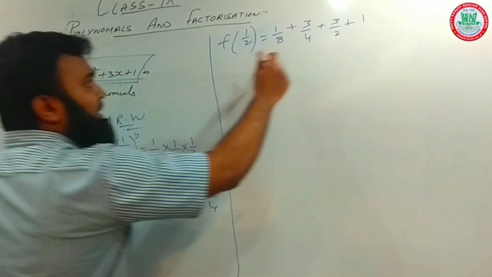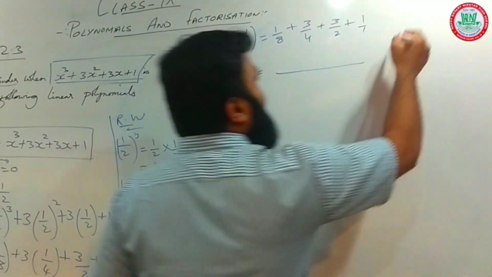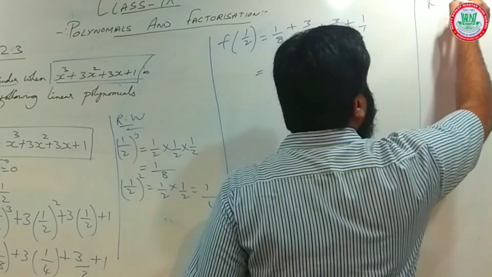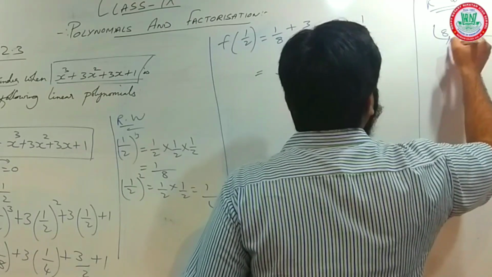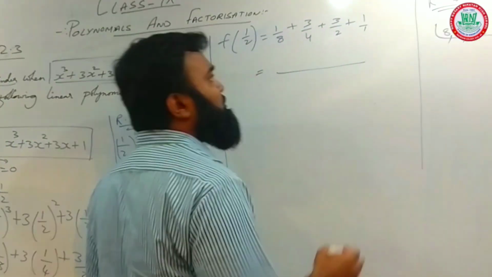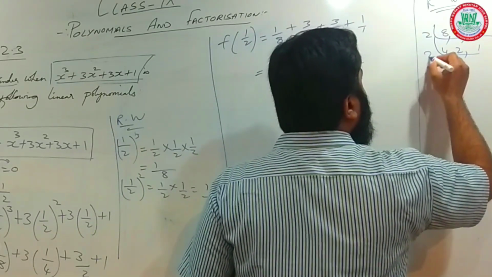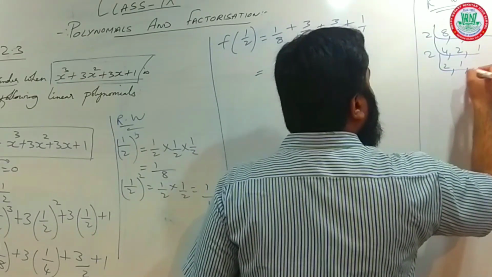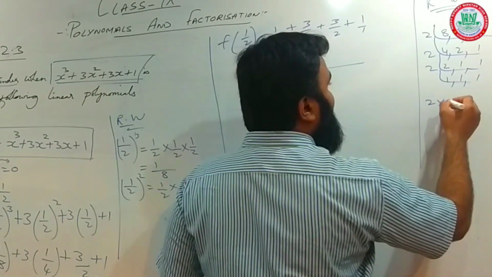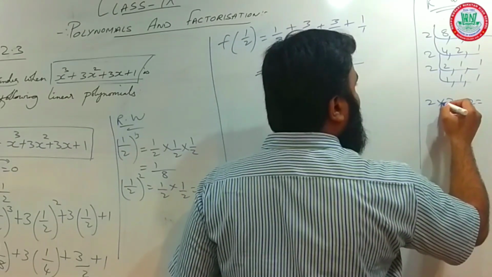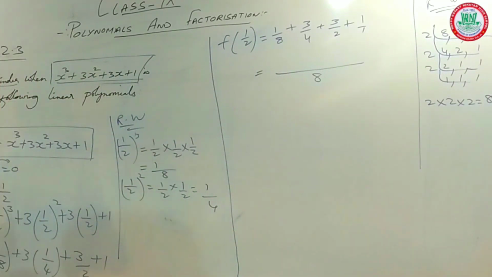Now we have to take the LCM. Same here, we will make the rough work column. So LCM is what, 8, 4, 2. If we say 2 4s are 8, 2 2s are 4, 2 1s are 2, again 2 2s are 4, 2 1s are 2, 1 as it is. Now 2 1s are 2, 1 1. So LCM is 2 into 2 into 2, which are 2 2s are 4, 4 2s are 8. So we got LCM as 8.